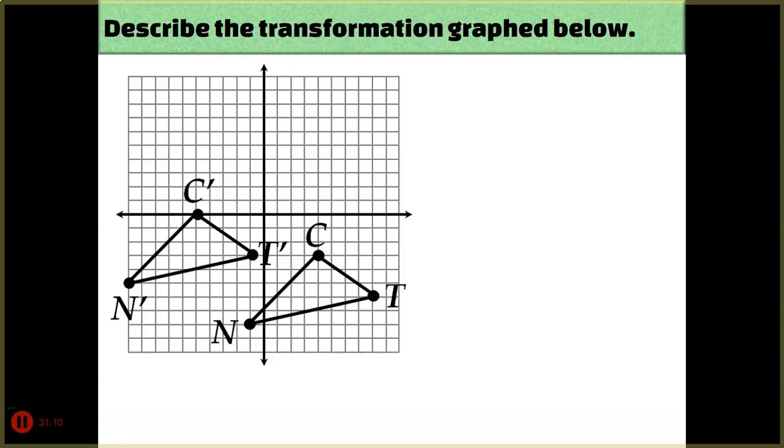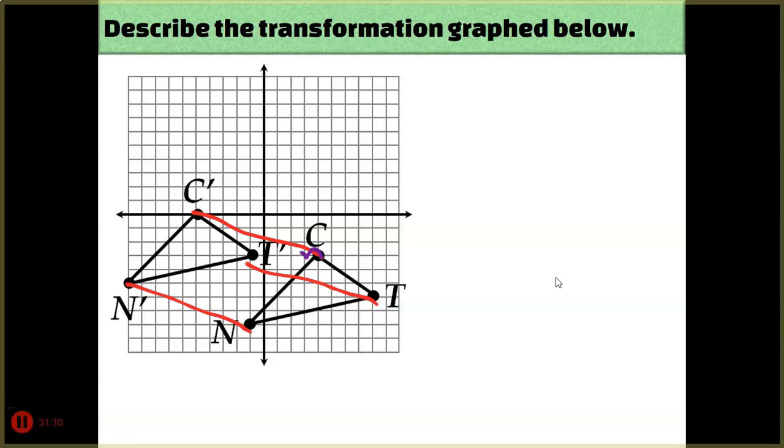And let's end with an easy one. These are in the same orientation. C to C prime, T to T prime, N to N prime are parallel and the same length. This must have been a translation. To figure out the rule, you count the distance between C and C prime. To get from C to C prime or from T to T prime or N to N prime, we go